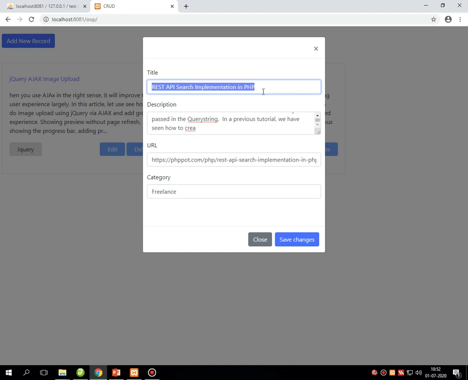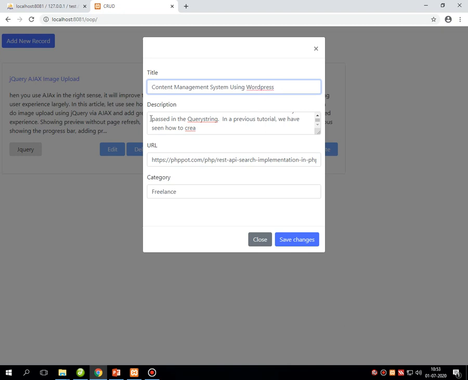Say for example, suppose I am writing content management system using WordPress.